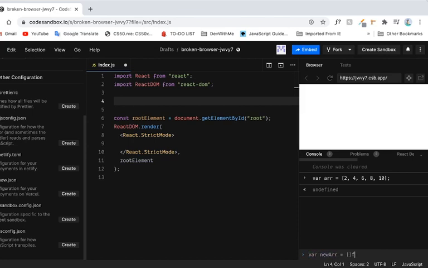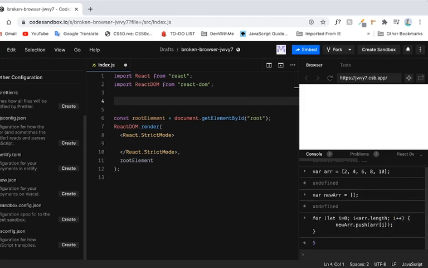And then here I can say for let i equals 0, i less than length, i plus plus. Here I say new.push(array[i]). This is okay, and you can see it actually returns a value of 5. I don't know why it keeps returning a value. Right here, if I try to console.log new